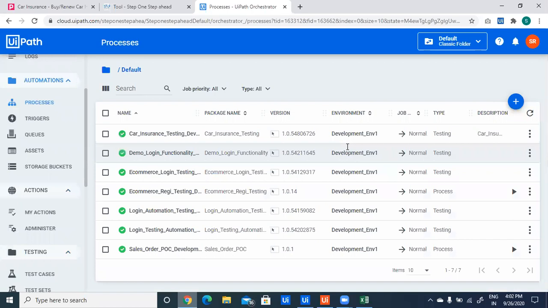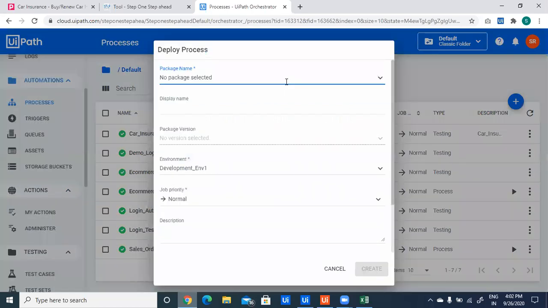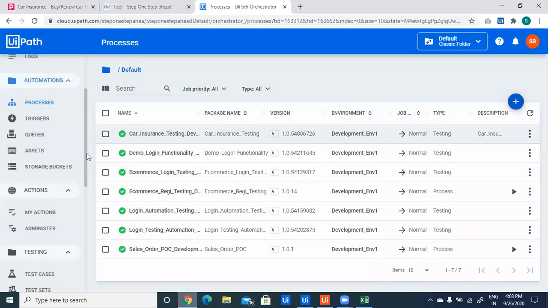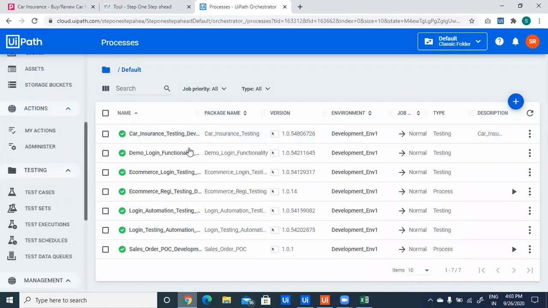This is my process name. By clicking on the plus button and adding our package name, we can create our process. So it is already created. We will go to the test cases.